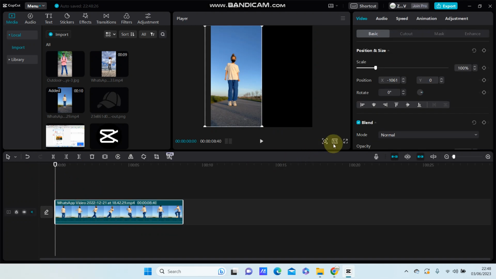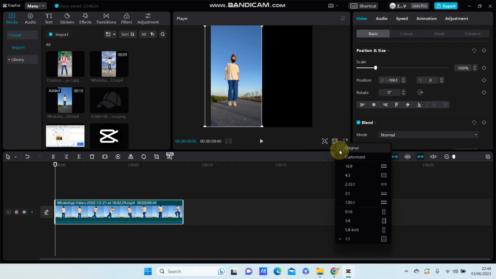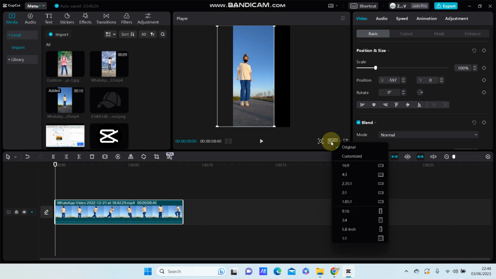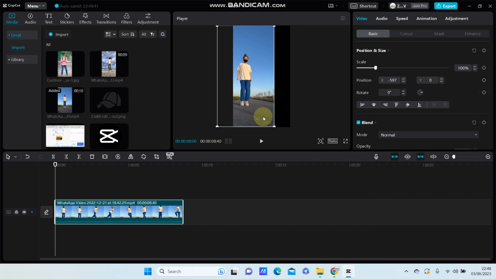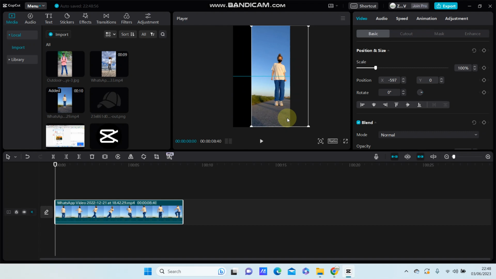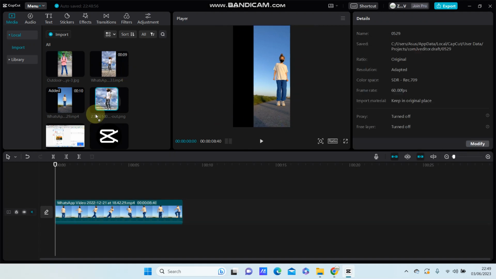Select the first video, and in original, you can change the aspect ratio in original, and you can change the position to the right, and add the second video